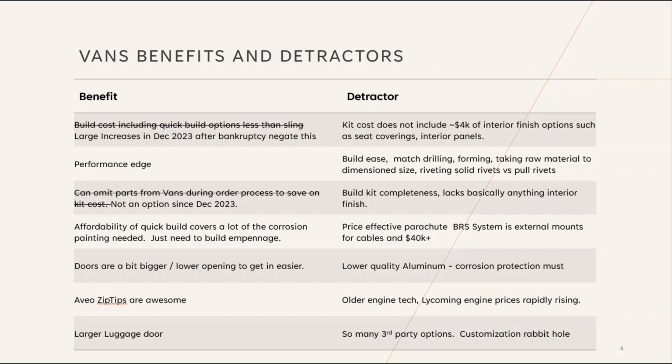Build kit completeness, right? Again, we talked about it already. It's kind of like stock at that point, right? You're not getting any frills with that. Price effective parachute is another thing. The BRS system is an external mount for the cables, so you put some molded covers around the aircraft to kind of hide those cables as well. It's a $40,000 option though, and compared to Sling, that's twice, if not more, the cost of the Sling